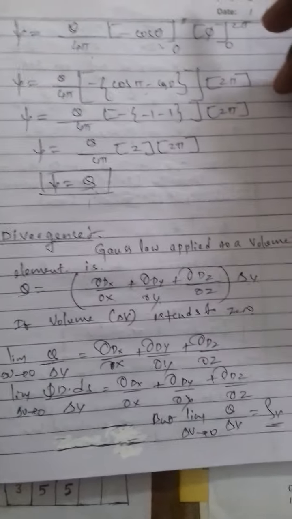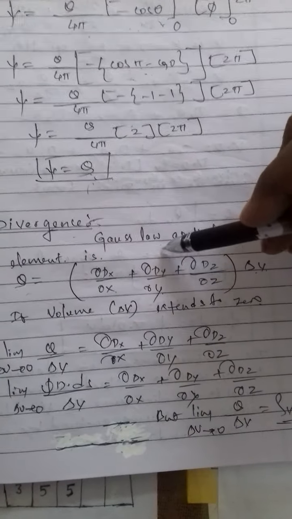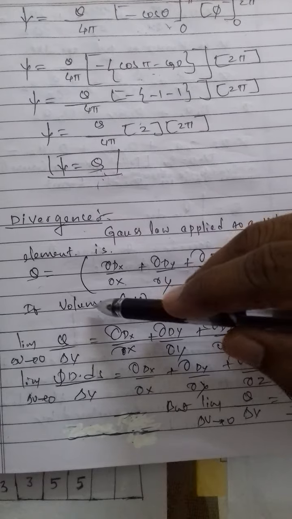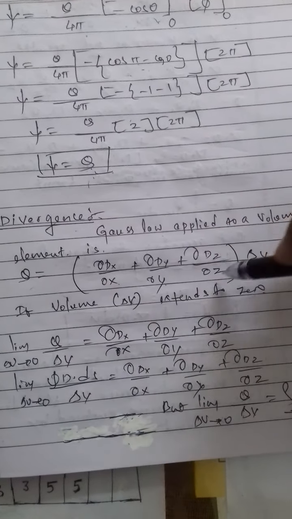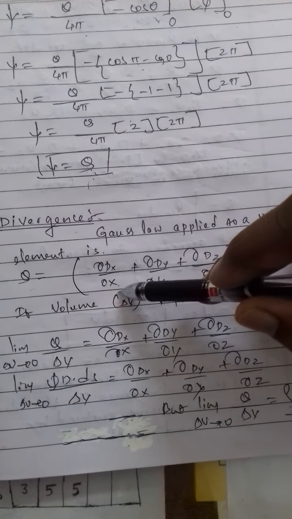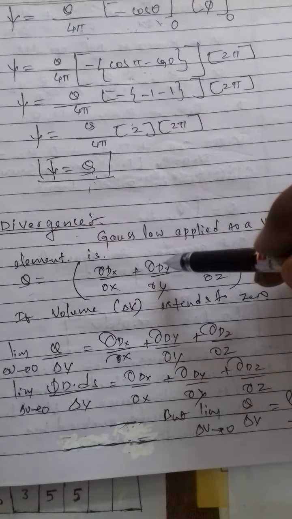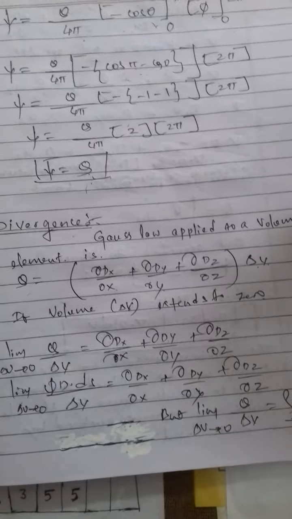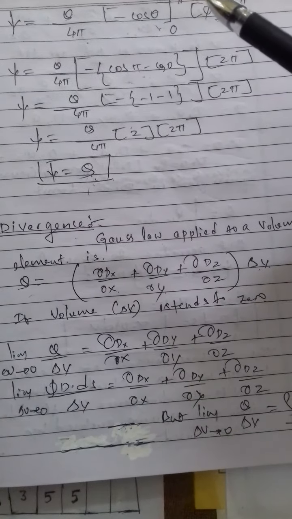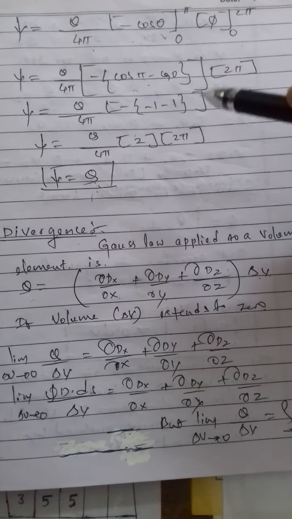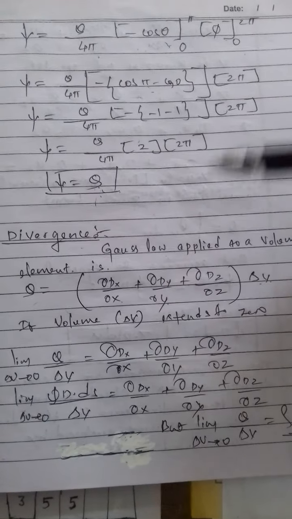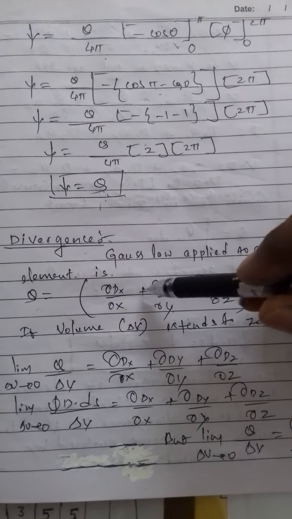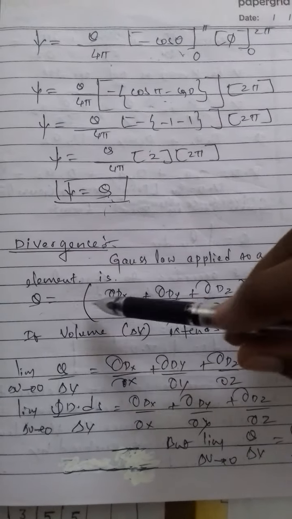Here is Gauss's law applied to a volume element, so that Q is equal to ∂Dx/∂x, because the volume element is a cube placed with its center at the origin of the Cartesian coordinate system. So if a charge Q is placed